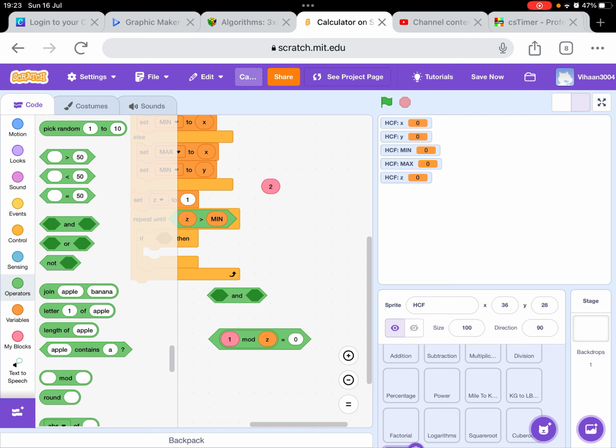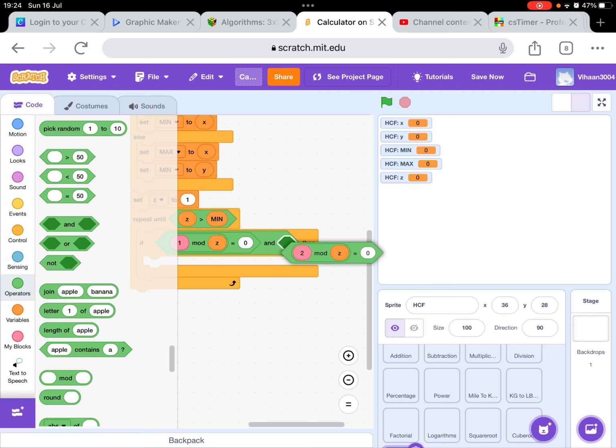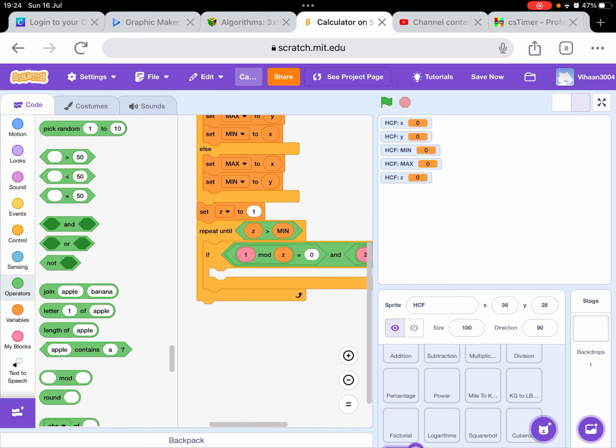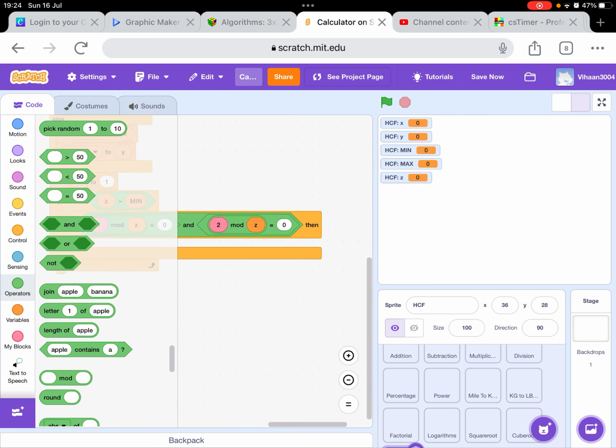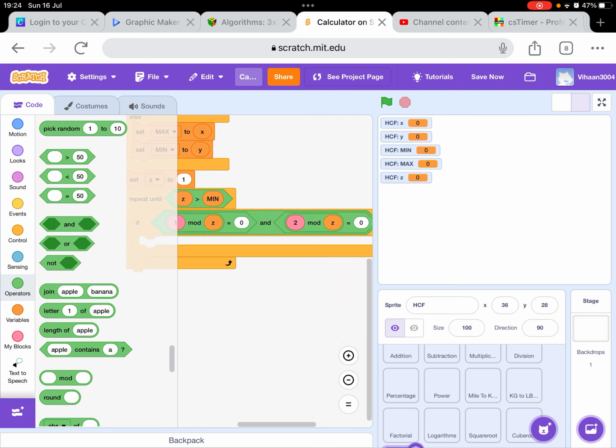We can take this, duplicate that, remove 1 and change it to 2. Now when we put these two, there's not enough space, so I'll just put this here. This is the code: if 1 mod z is equal to 0 and 2 mod z is equal to 0, then